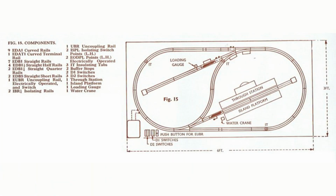This is Plan 6 from the brown booklet. This one seemed very suitable to me. Although various isolation points are indicated in this plan, the little circles with IT and the quarter straight with the dots beside it, those isolations should not actually be essential to operating this plan with 3-rail, because of the nature of 3-rail, with one polarity of the power always being passed through the centre rail and the other polarity through both outer rails. With that, a 3-rail layout can have a reversing loop like this without causing a short circuit, even